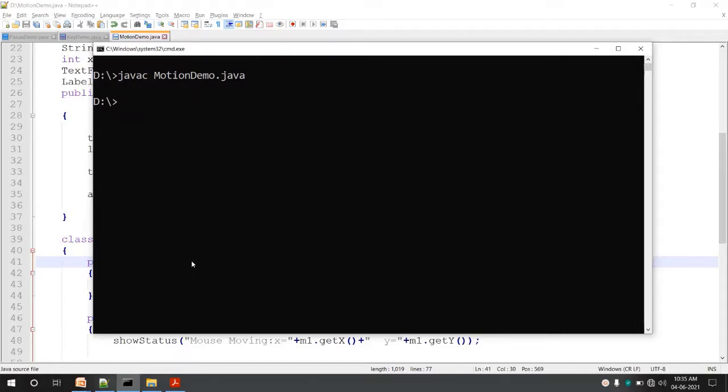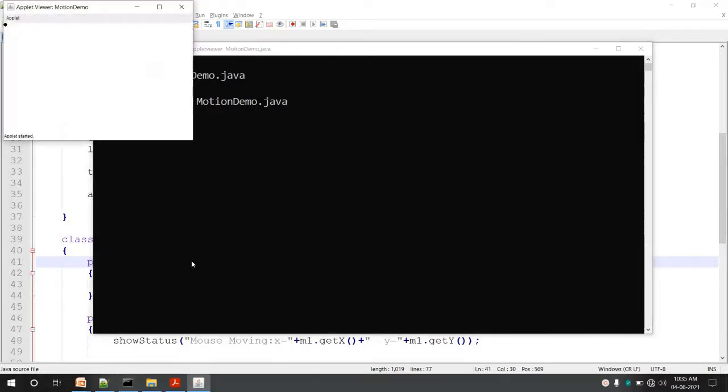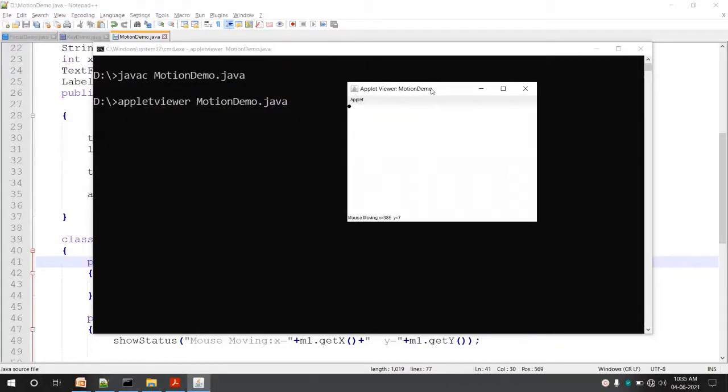Okay, now you can see it has compiled successfully. We can execute it. Okay, still you can see the text field and the label are not displayed. Why is it not displayed?